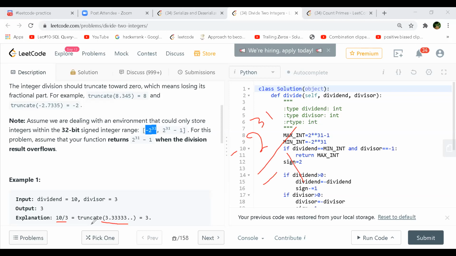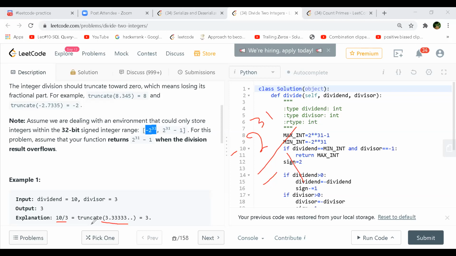So the best way would be to convert both the dividend and divisor into negative values and perform the same operation we discussed. At the end, convert the quotient, which will be negative now, back into positive and return, or just flip whatever your sign was.